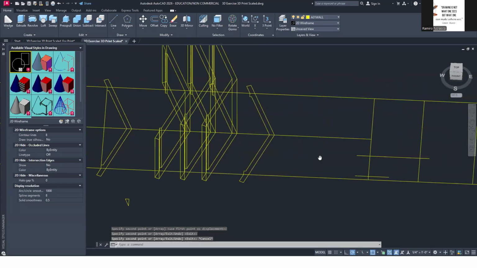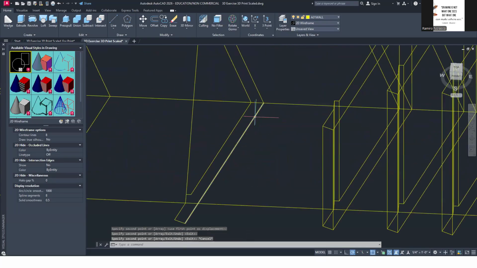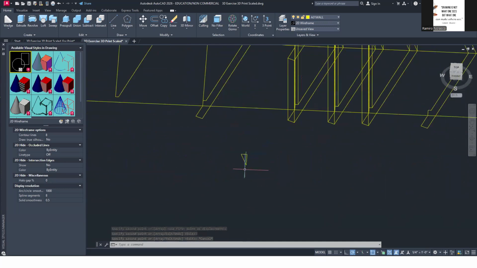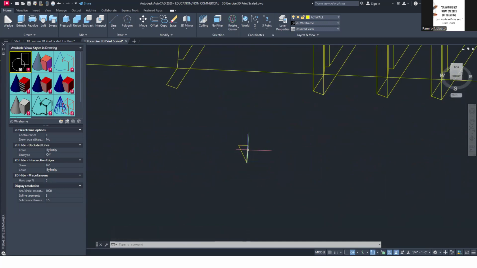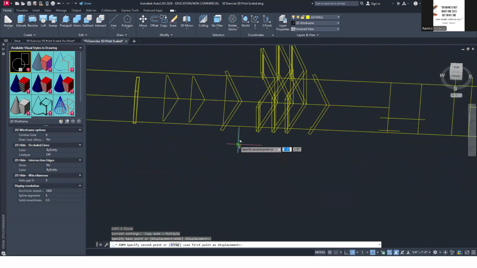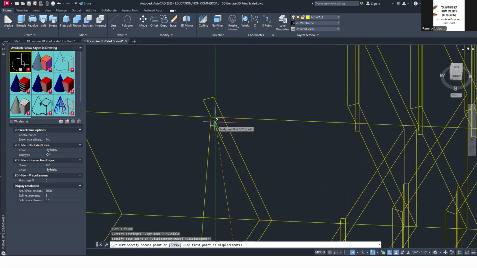So I need that line so that when I make this, using my 5 by 12, I create this 5 by 12, then I can get this hypotenuse and copy that from here to there.